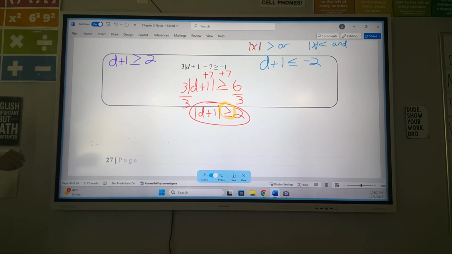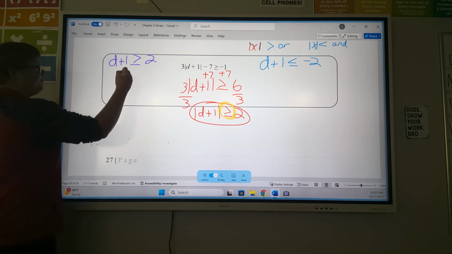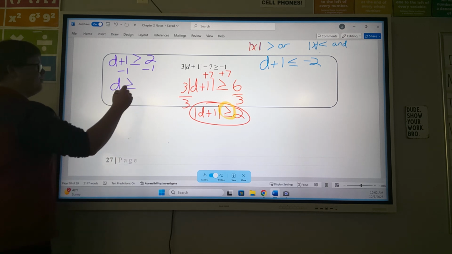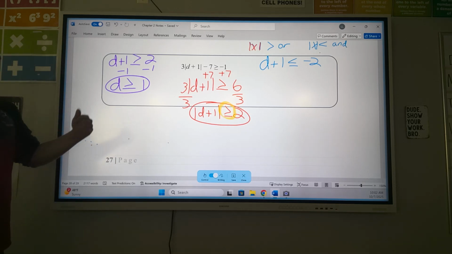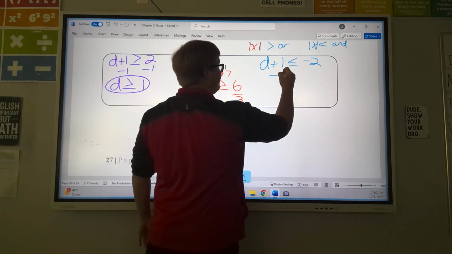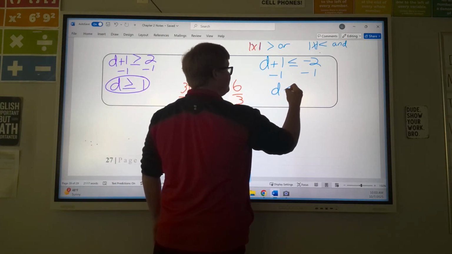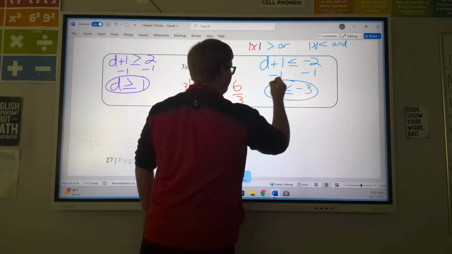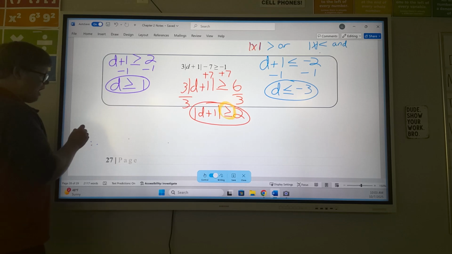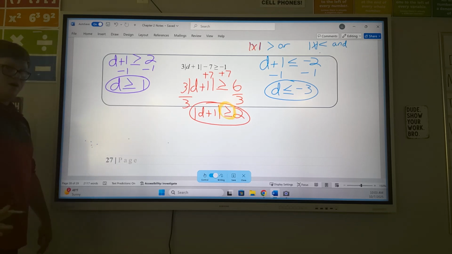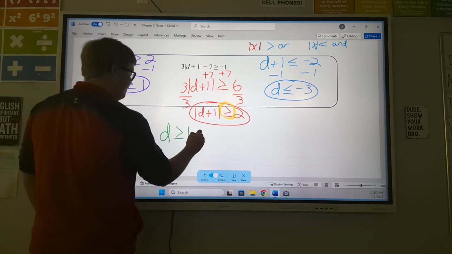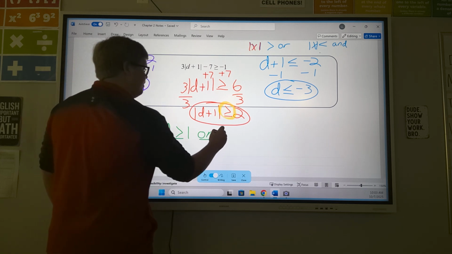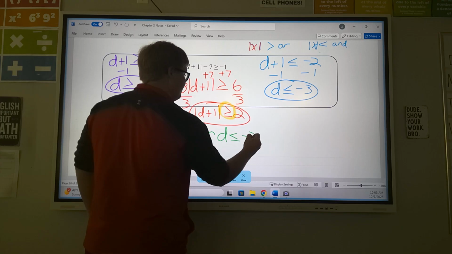The one on the left, to get D by itself, we need to subtract 1. We have D is greater than or equal to 2 minus 1, which is 1. On the right hand side, we need to subtract our 1 again. We have D is less than or equal to a negative 3. I need you to write your final answer. We know it's an OR compound inequality, so we need to write D is greater than or equal to 1, or D is less than or equal to a negative